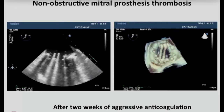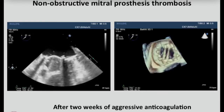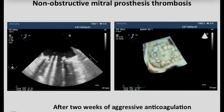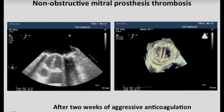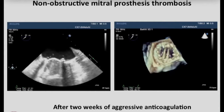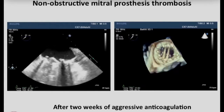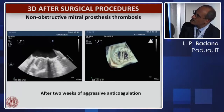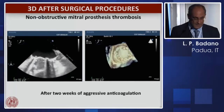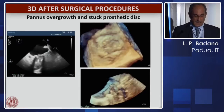This is what the prosthesis looks like after 2 weeks of aggressive anticoagulation. And you see that now, both on 2D but also on 3D, the prosthesis looks quite clean, with a free excursion of both the occluders that you can nicely see over here. This is a more